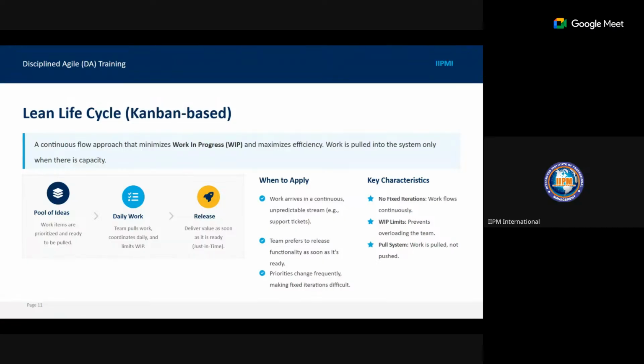So your Lean lifecycle is Kanban based, a continuous flow approach that minimizes work in progress and maximizes efficiency. Work is pulled into systems only when there is capacity. So you have a pool of ideas, daily work, and release.